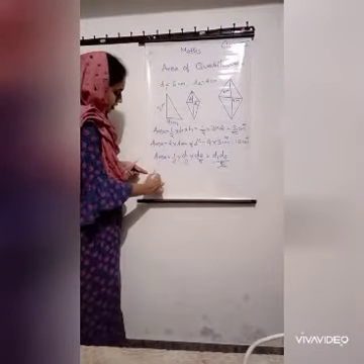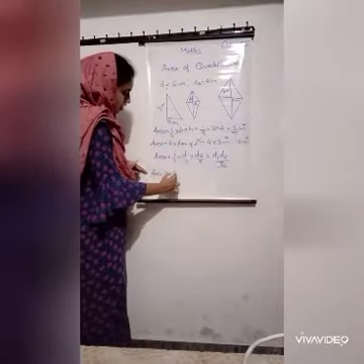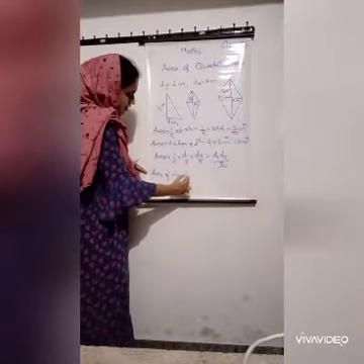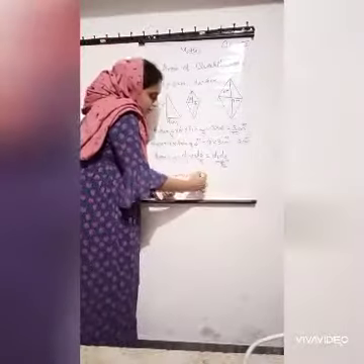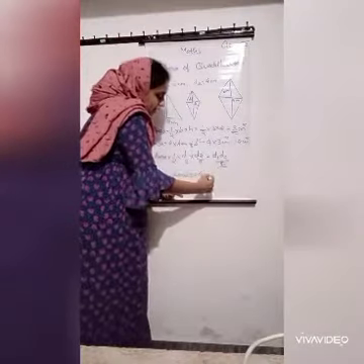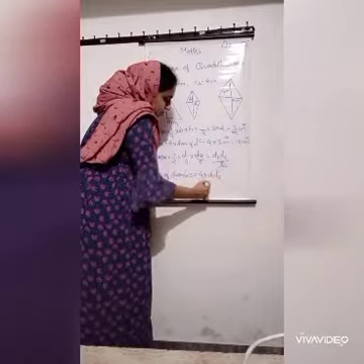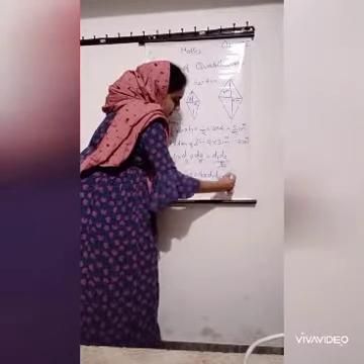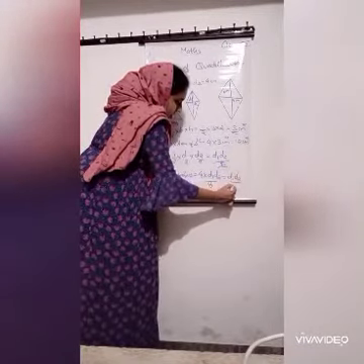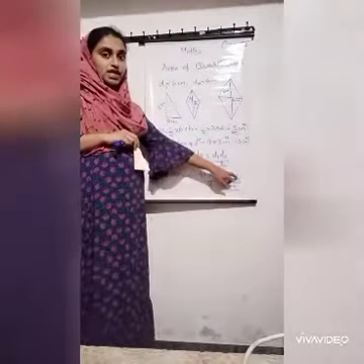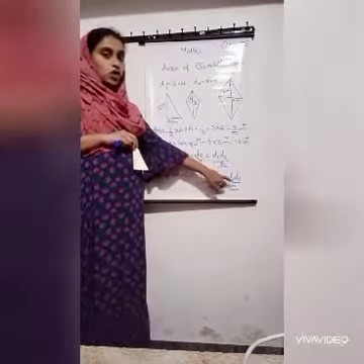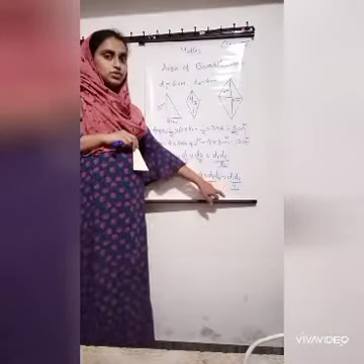So, area of rhombus is equal to, what is the area of the rhombus? 4 into area of this triangle, that is D1 D2 by 8, that is equal to D1 D2 by 2. So what can we conclude from this? The area of a rhombus is, what are D1 and D2? Diagonals, that is product of the diagonals divided by 2.